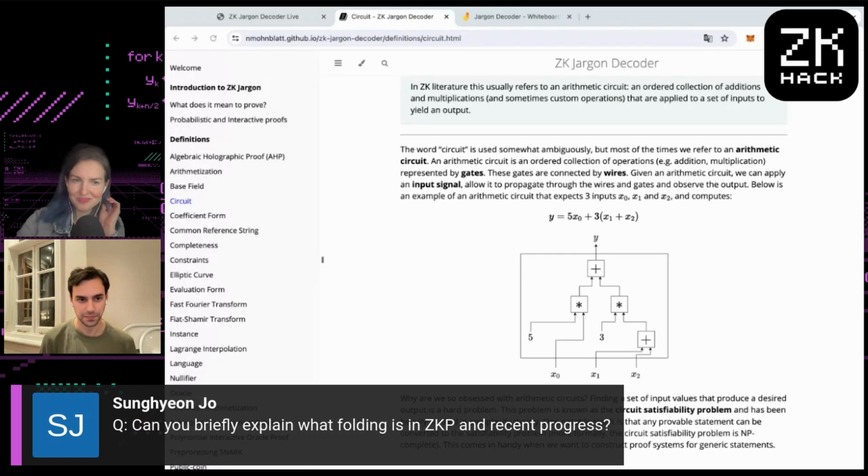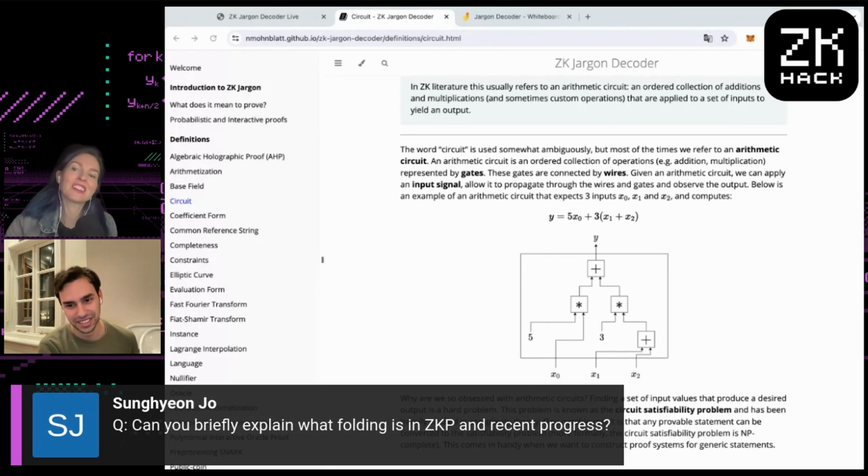Isn't folding limited to KZG-based? I want to see if I'm correct here. There are certain kinds of SNARKs that can use folding, but not all. Yeah, the way we combine 2 instances into one requires adding commitments together. And not every commitment scheme allows that. So with elliptic curve stuff, we can add them together. Any hash-based commitment, we can't add them together. Is this where it needs, I'm going to see if I can say this, additive homomorphism? Yep. Yeah, okay. That's cool.